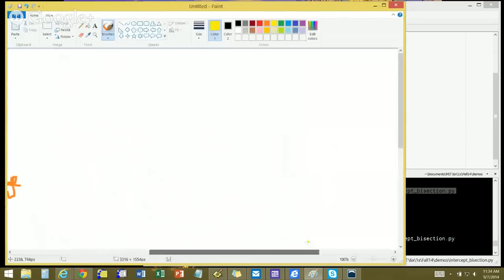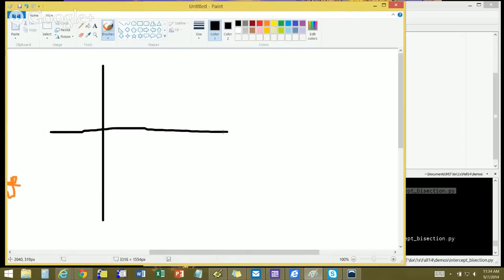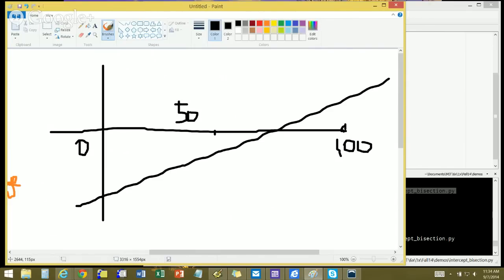Zoom in. And this was, I guess, the issue. So we have our plot like this. This is 0, this is 100, and the midpoint is 50 here. Let's say our line was like this, a very, very not steep line. What happens in bisection search is, first we're going to look at this value 50, and